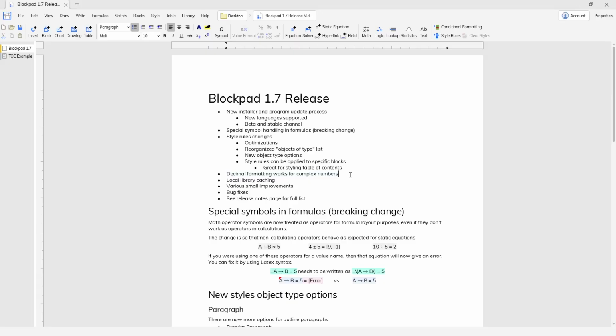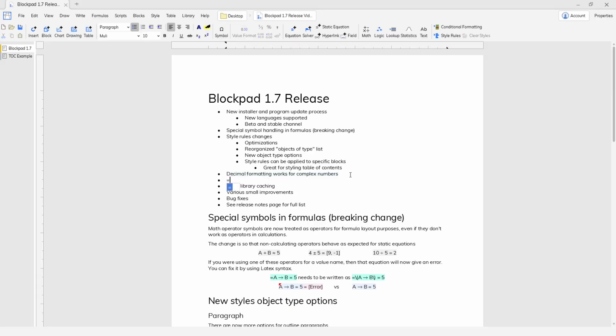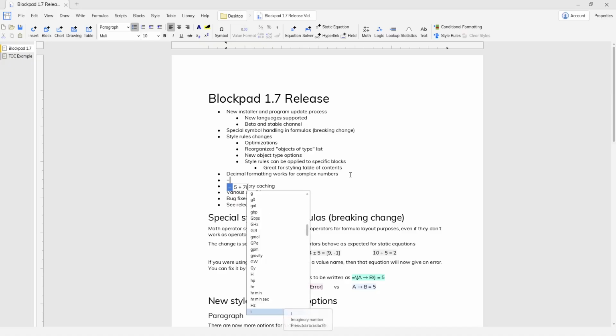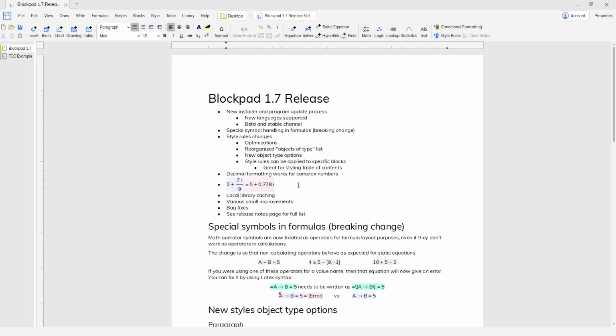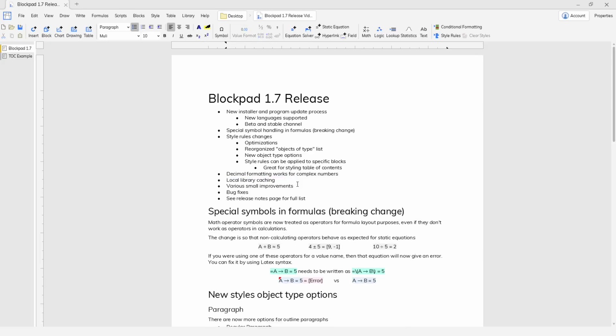Next, we have that decimal formatting now works for complex numbers. So equal sign, if I get a complex number here, I'm able to format those decimals and they're going to be formatted together. Next is that we now have local library caching for custom libraries. So that's going to let you use custom libraries offline much better and probably with some improvements to performance as well. And then in addition to all of that, we have a number of bug fixes and various small improvements